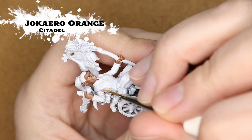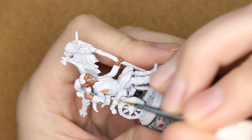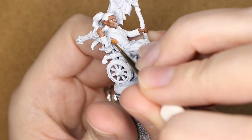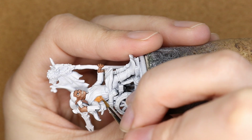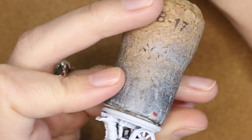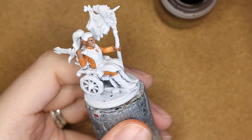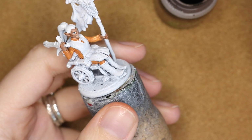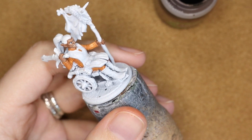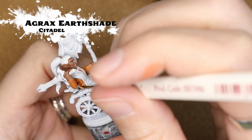So I'm going in and basing it with Jokaero Orange. I am really starting on this mini to paint kind of inside out. So I'm painting this padded area first, and then I'll move on to some of the wheelchair. To add a little bit more dimension, I'm coming in with Agrax Earthshade, just letting that kind of pool